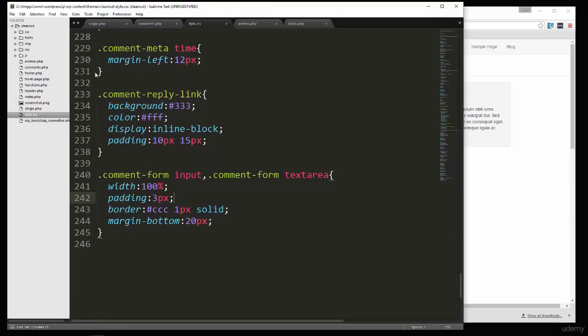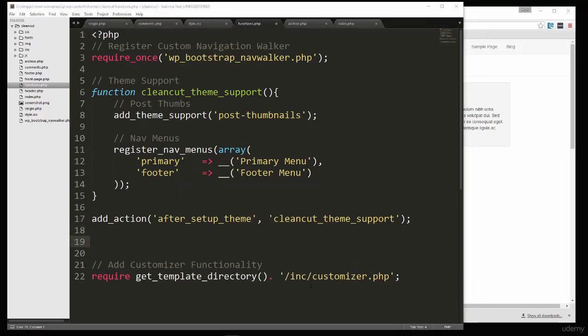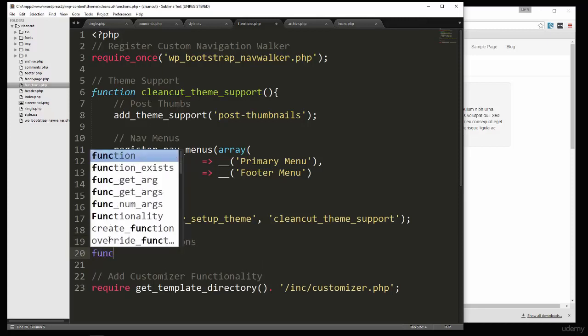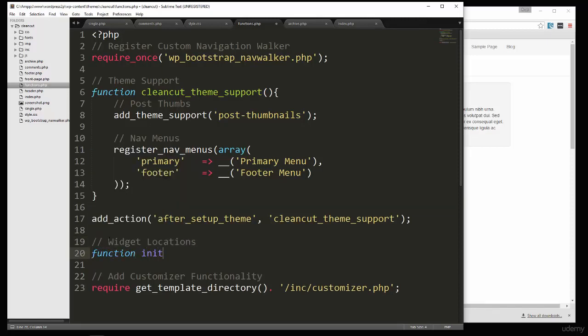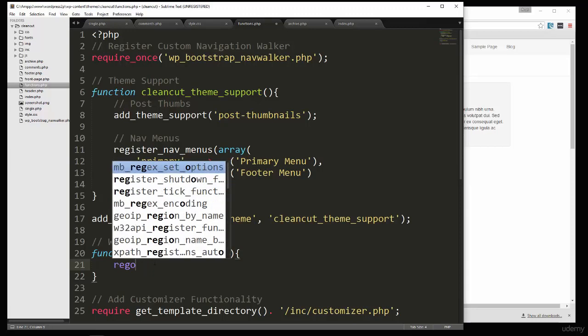Now let's take care of the sidebar. So let's go into functions.php, and we're going to go down here. We'll say widget locations. Okay, so we'll have a function called init_widgets. That's going to take in an ID. Okay, then we want to register sidebar,